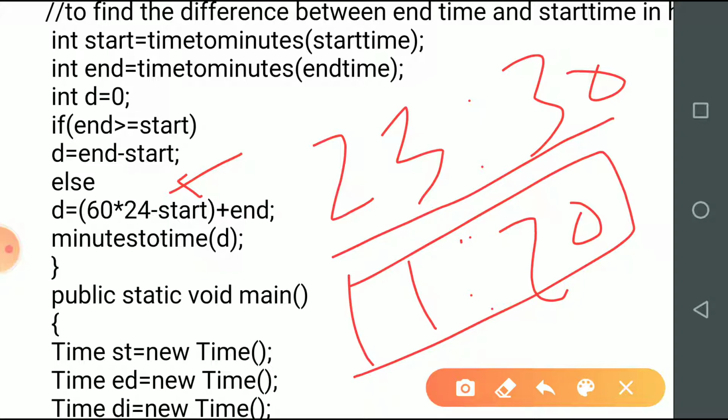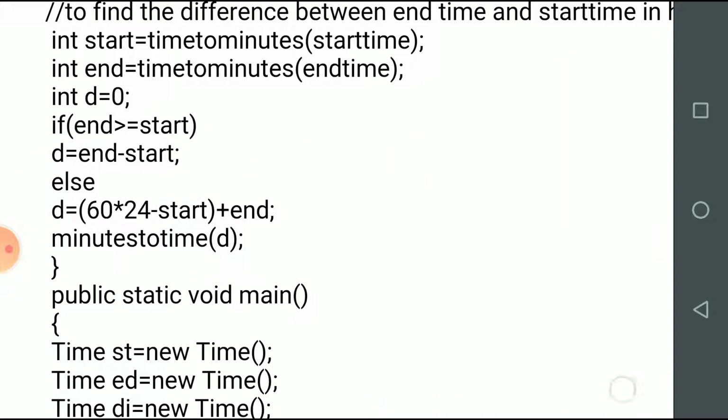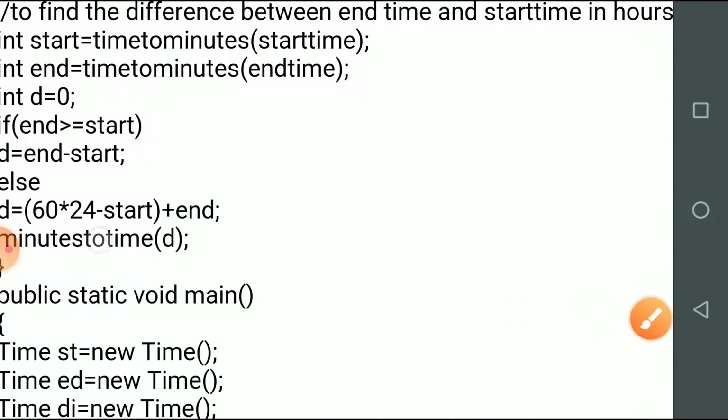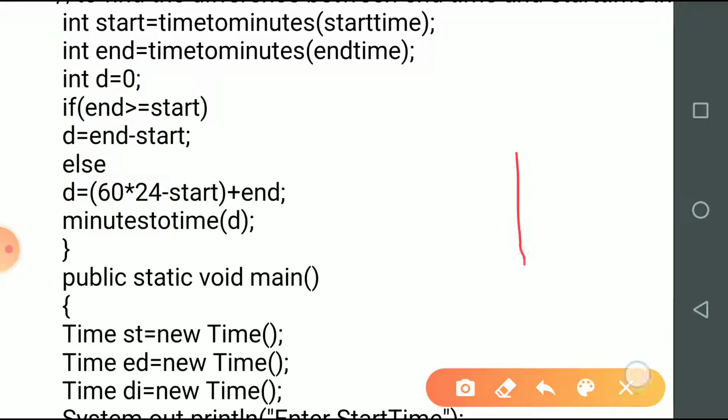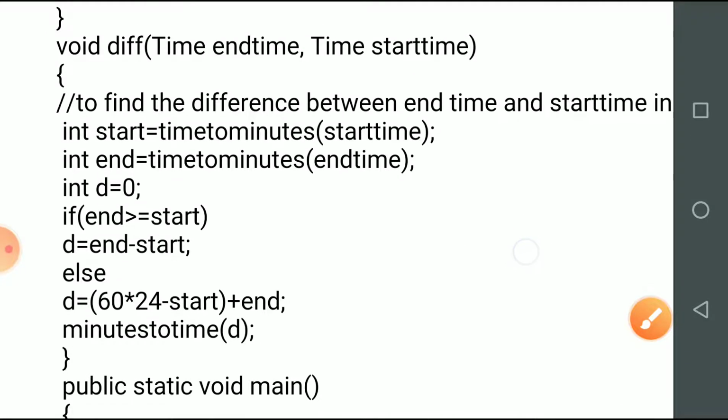And whatever difference we have got in D, then we have to convert it into minutes. Here this function minutes is called without any object name. It means it is going to work for the current object, and the current object is the one with which the difference function is called.